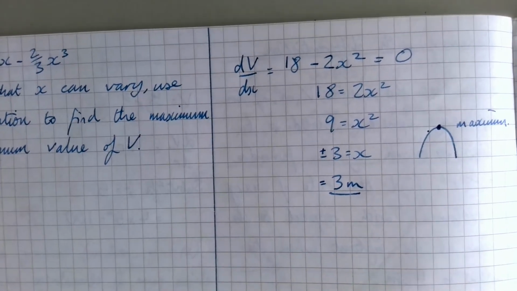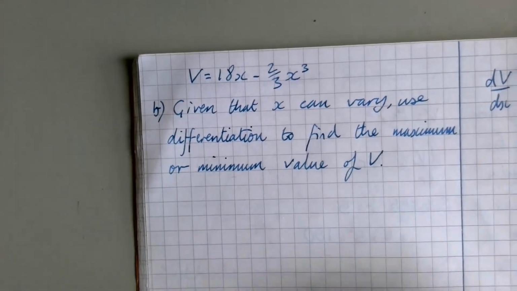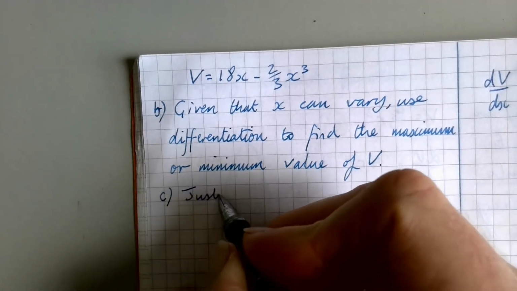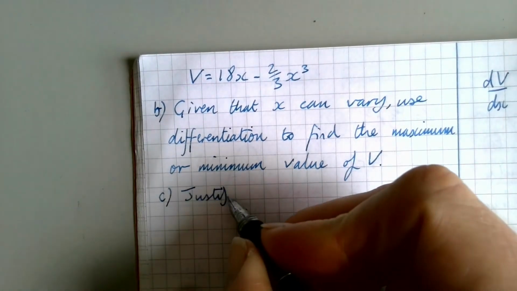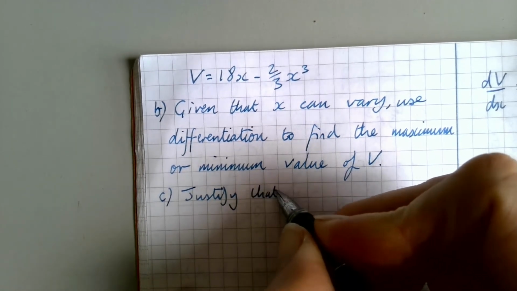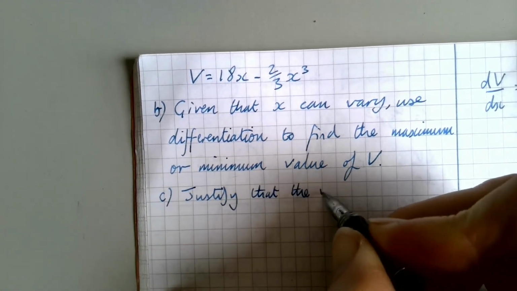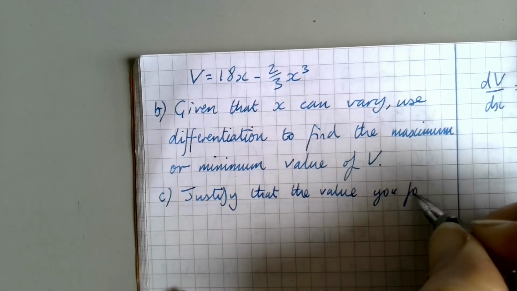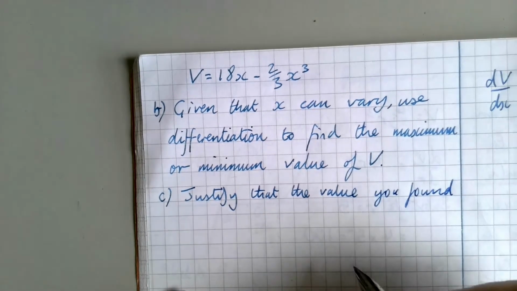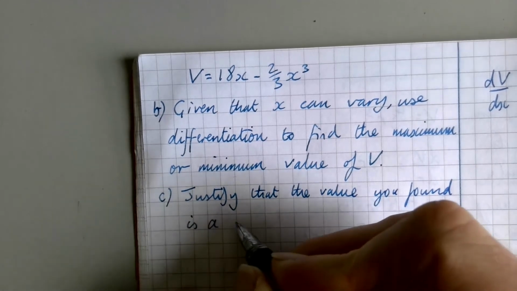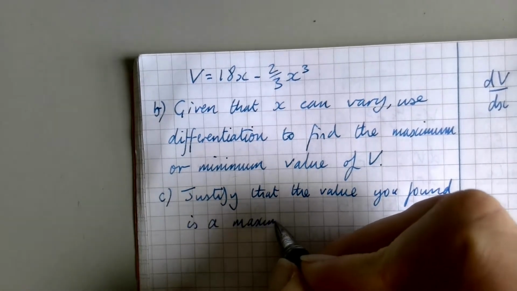But the third question we're going to get, and I'm just going to write this out as we're doing it, is to justify that the value we just found is a maximum. And I've just realized